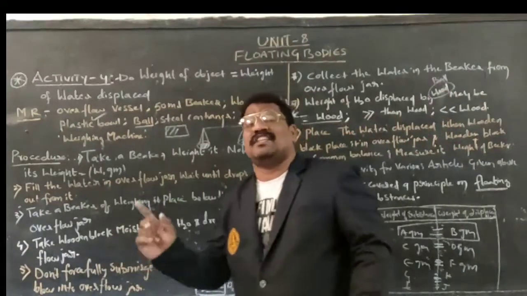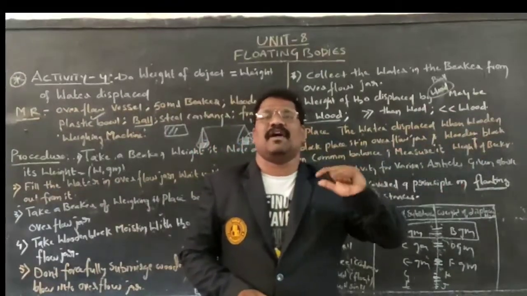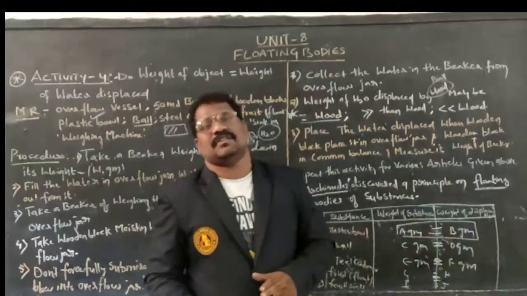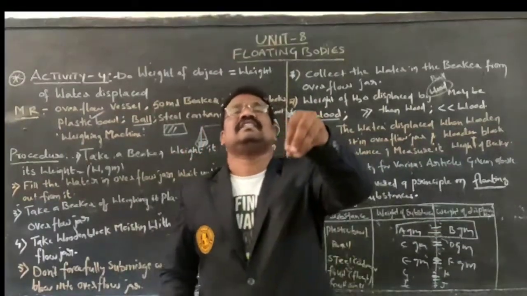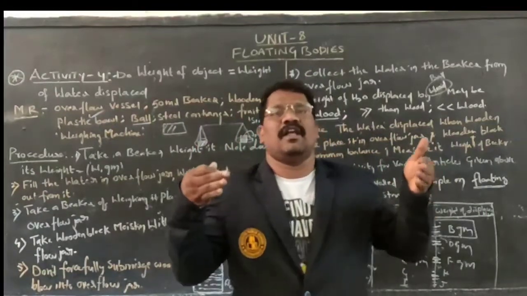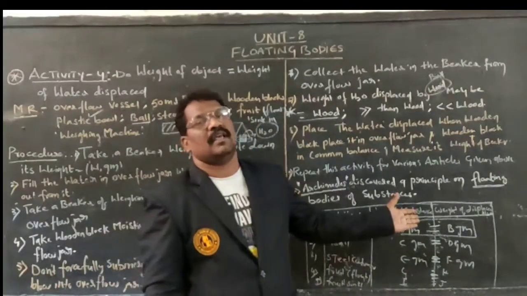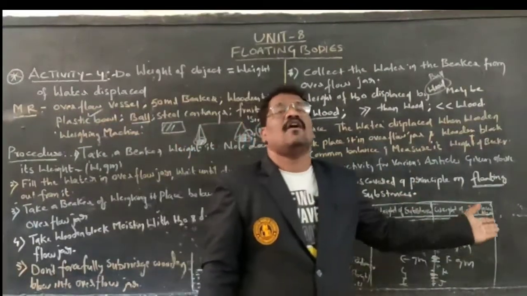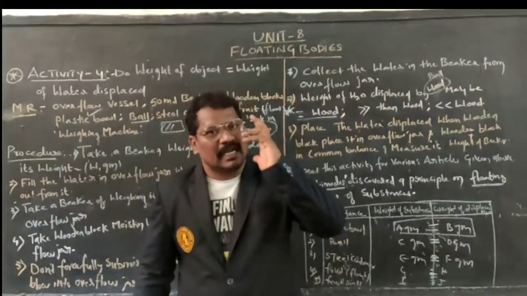Therefore, the density of a substance can be changed by increasing temperature, by heating up, by cooling, or by adding some other substances. Not only that, by increasing volume also, the density of a substance will gradually change. Increasing volume depending upon certain shapes also makes it float on the surface of the water. Keep all these conditions in your mind.